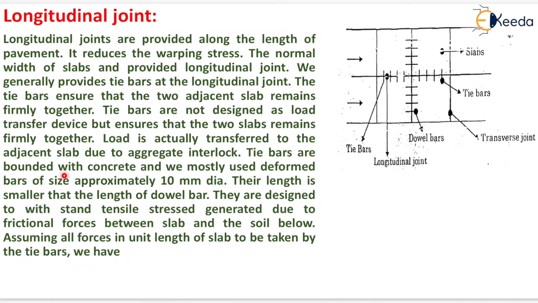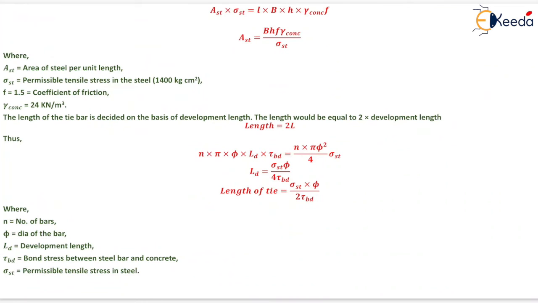Tie bars are bonded with concrete and we mostly use deformed bars of size approximately 10 mm diameter. Their length is smaller than the length of dowel bar. They are designed to withstand tensile stresses generated due to frictional forces between slab and the soil below. Assuming all forces in unit length of slab to be taken by the tie bars, we have longitudinal joints like this. Now we have Ast into sigma st equals L into b into h into gamma of concrete into f,